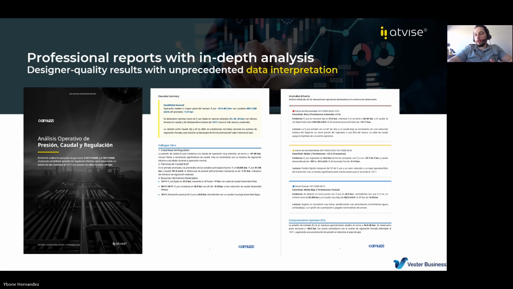So the reports are completely configurable, and at the same time, you could let the AI define the structure of the report. Because imagine if you have a data analyst, you could tell him to provide the same report every time, or you could tell him to create a new report every time as well. So you have both options.